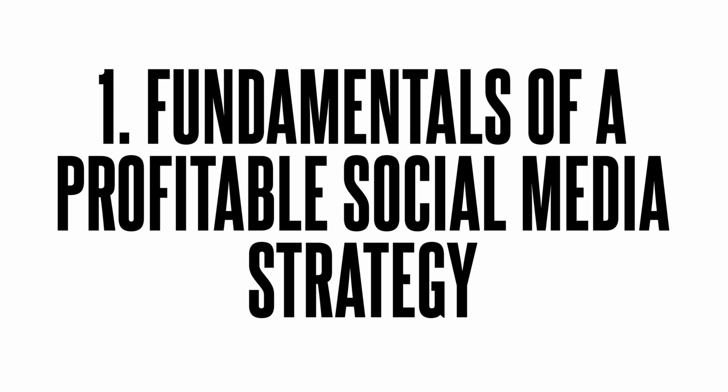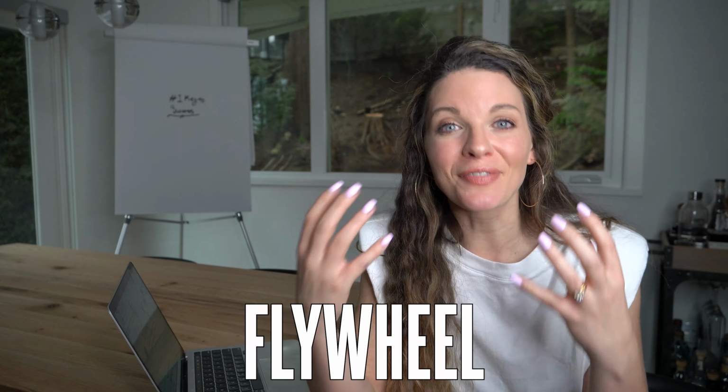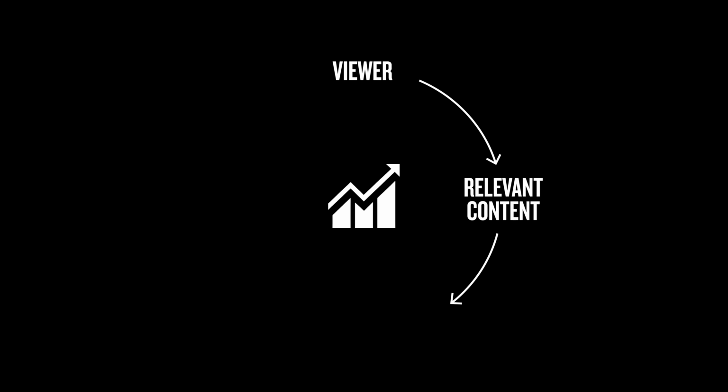So let's start with the fundamentals. And this is gonna be a little bit of a recap and a review of what I've shared in other videos, but I wanted to make sure we started here so that everything else makes sense. So number one is the flywheel that really allows you to crack the code on social media. It starts with your ideal viewer, really identifying who you want to reach. From there, you need to make sure you're making relevant content for that ideal viewer. From there, the algorithm then knows how to categorize you because the algorithm needs the information of who you're trying to reach and what you want to be known for.